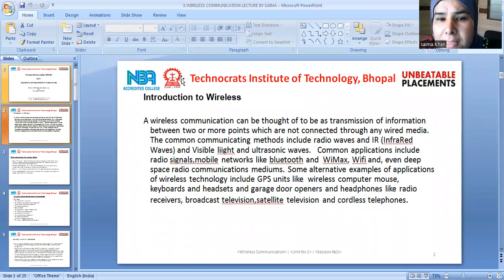Basically, in a broad sense, we all know that wireless communication is a type of system in which wire is absent, or I can say wireless communication can be thought of as a transmission of information between two or more points which are not connected through any wire media. And the idea of wireless communication